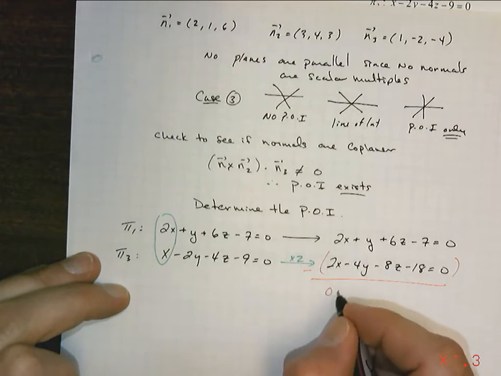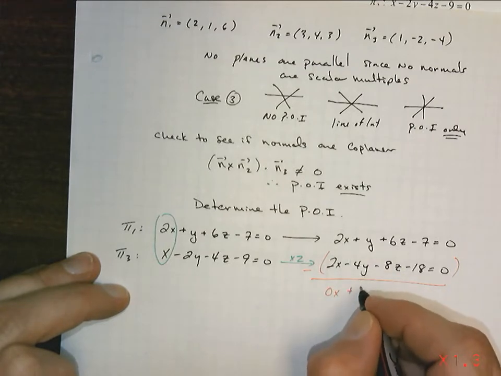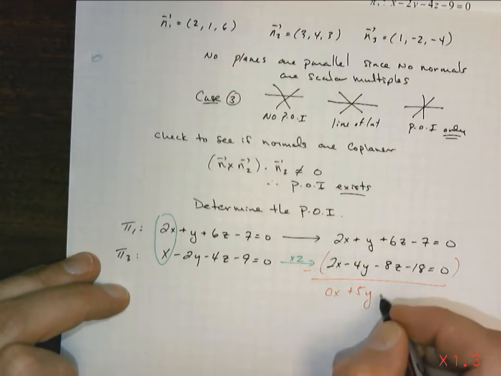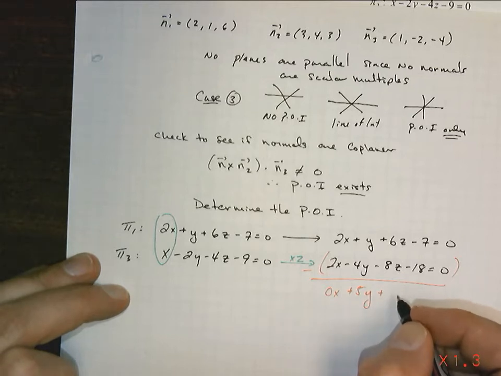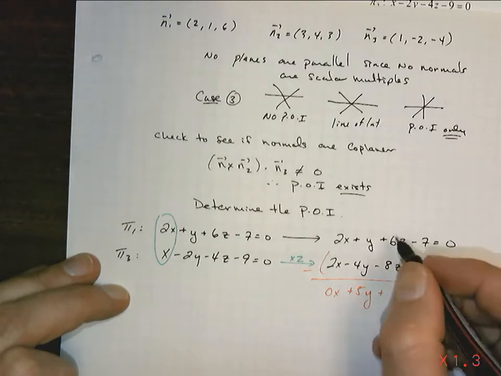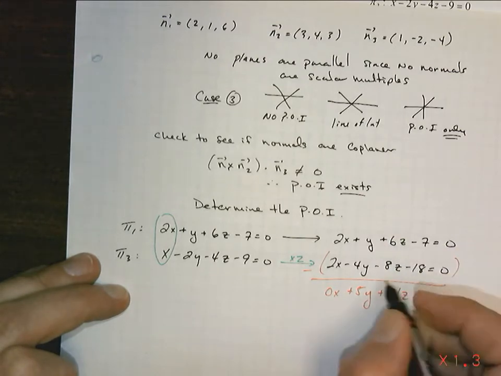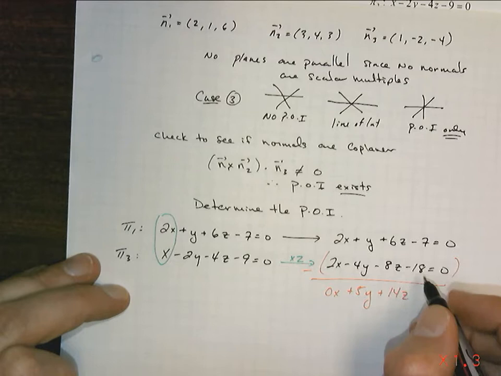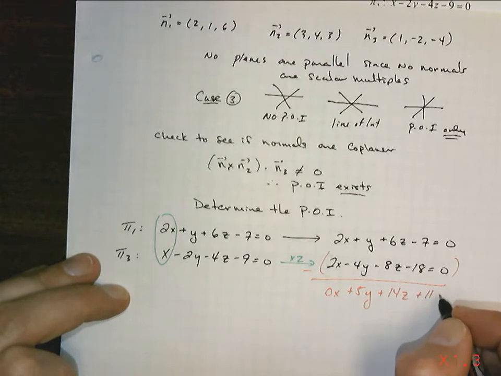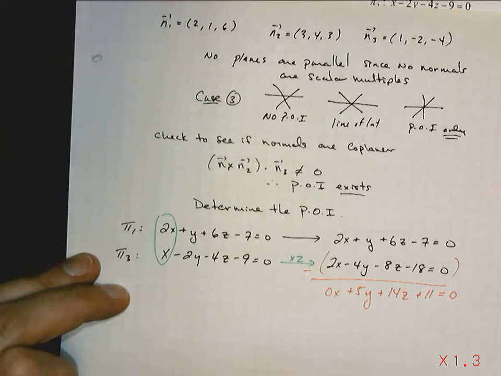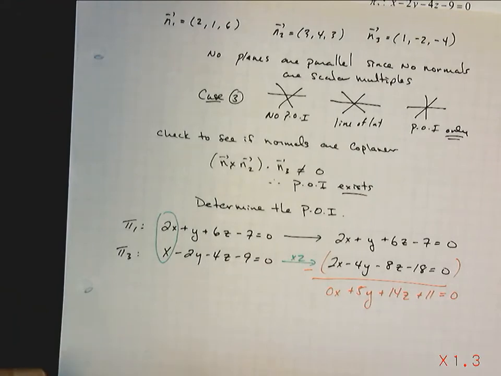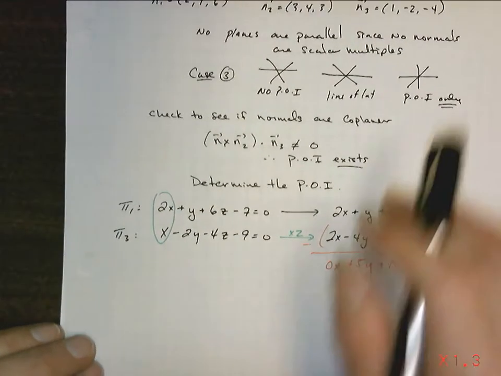That's going to give me 0x plus 5y plus 14z plus 11 equals 0. Now, what I want to do is the same thing with two other planes,